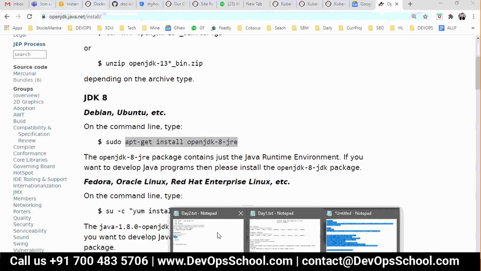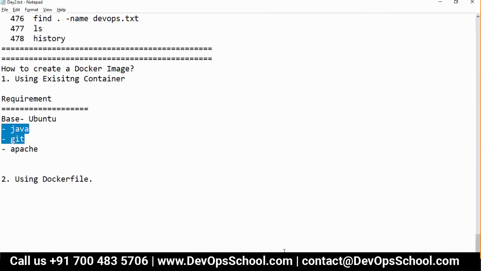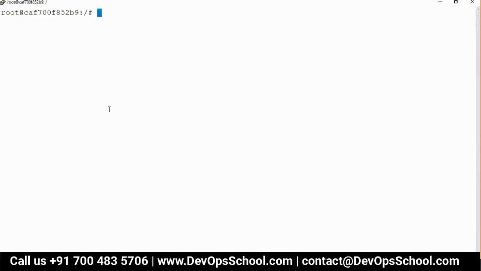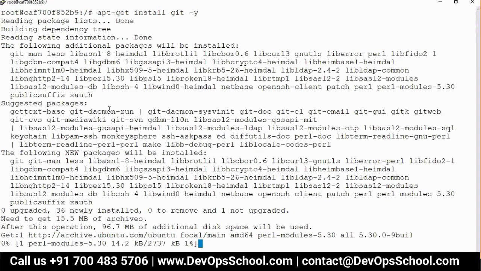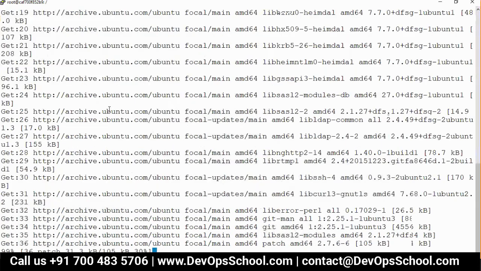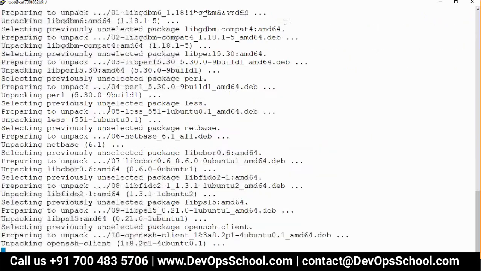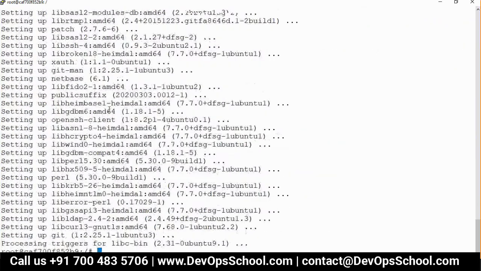What was the second requirement? The second requirement was to get Git installed. So let's install it with apt-get. You can download the file and install it manually also, but typically we all use apt-get and stuff like that. So why waste time downloading now? You can do that one also, copying with the cp command. You know that you can copy.